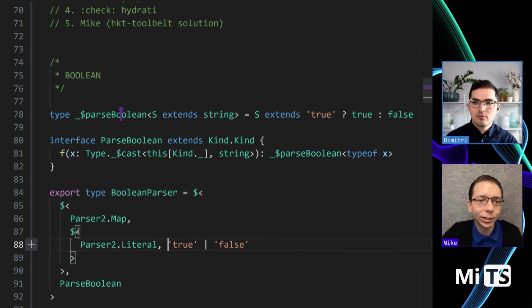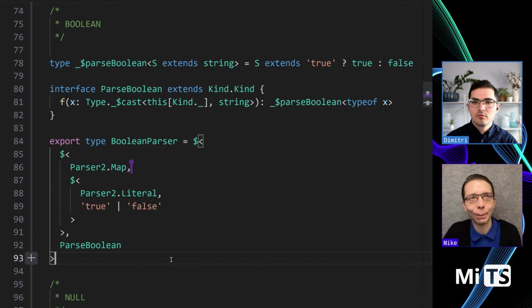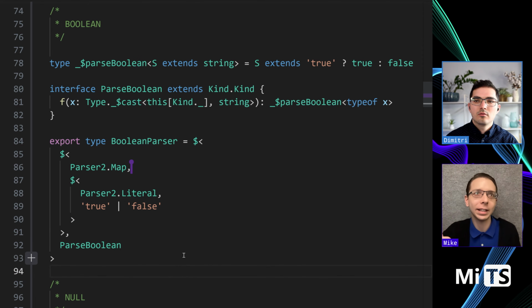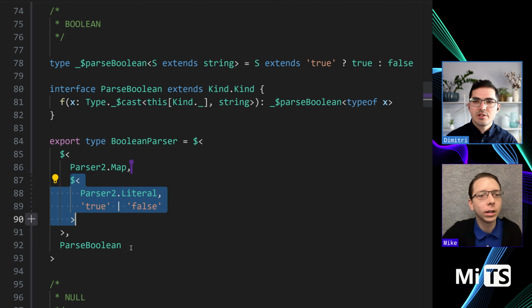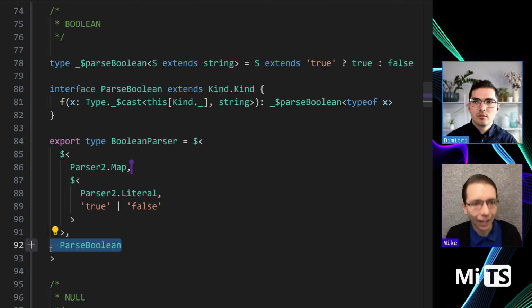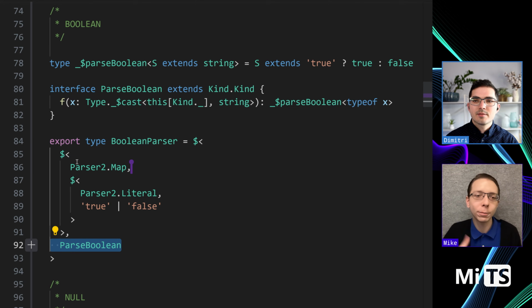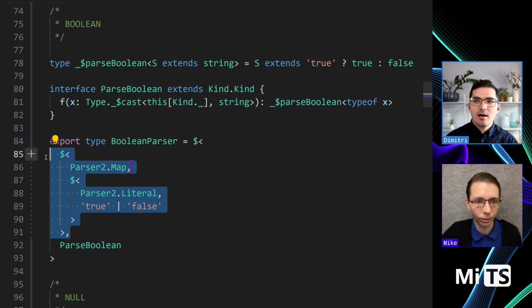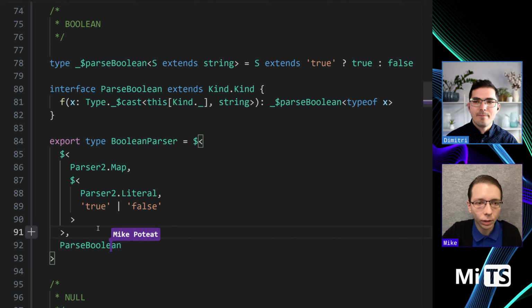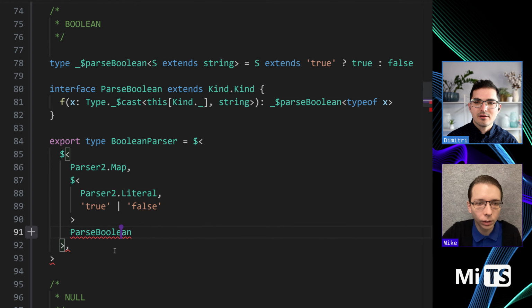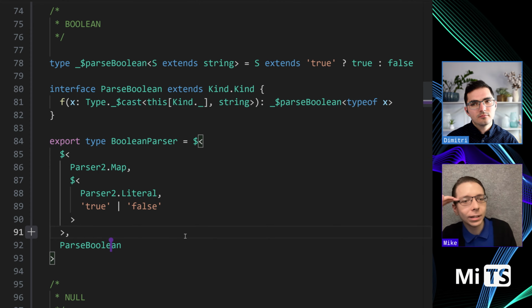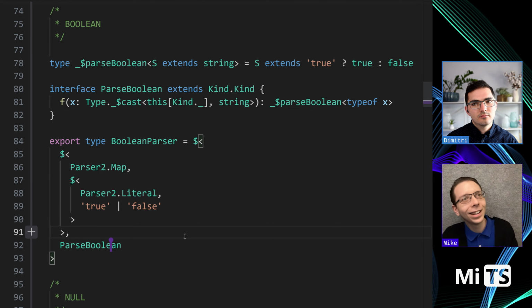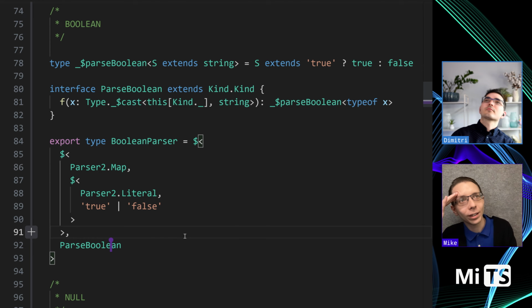So map takes in two parameters, so to speak. It takes in a parser and then it takes in a function to transform the result. Which is this parseBoolean? Exactly, yes. So how could parseBoolean be outside of map? I would expect it to be in here or something. Oh, because map is being partially applied. So what we're doing is